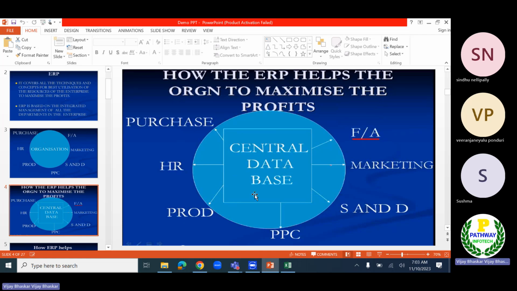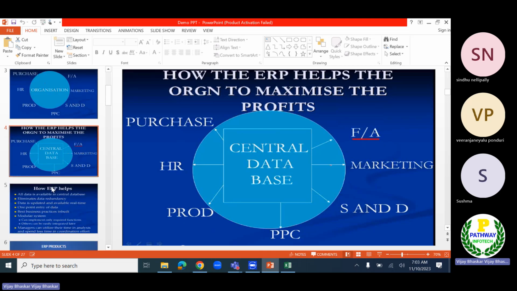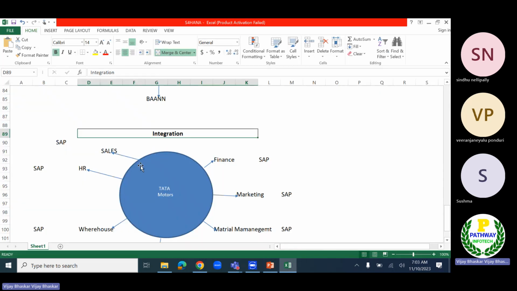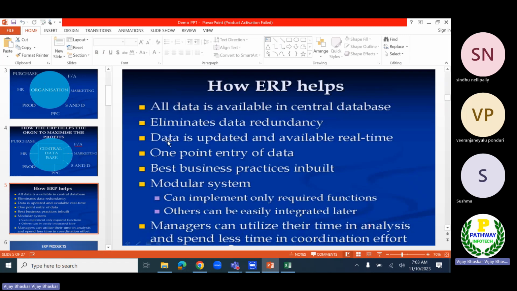You can see one central common database. In that central common database, each and every department is going to feed their business transactions. Now, how is the ERP going to help? All data is available in the central database. As we have seen, this is the one central common database for all the departments.